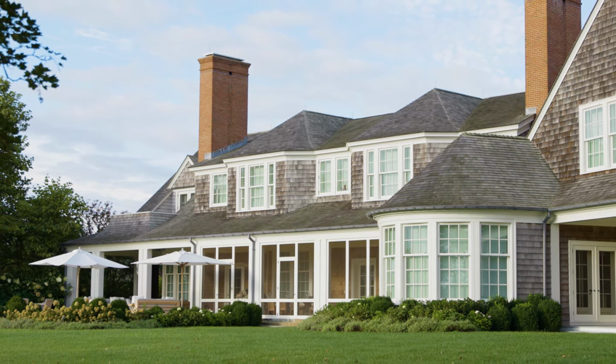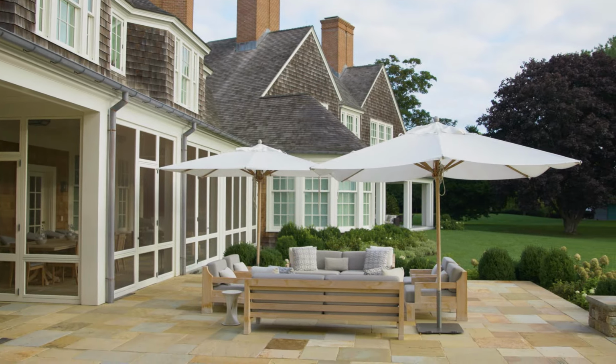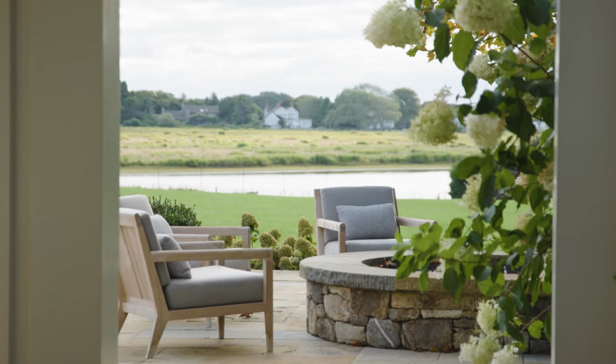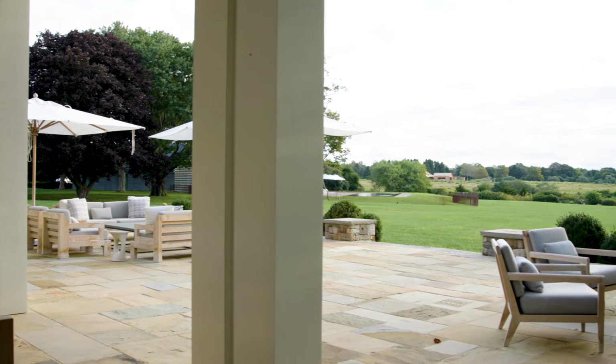Because we've got covered screen porches, covered porches, open terraces. There are a series of living spaces for the family, which they use all the time, that work in any kind of weather. And it allows you to be as much in the garden as you want to be. And you know, the way we've taken the stone detail from the base of the house and it wraps around